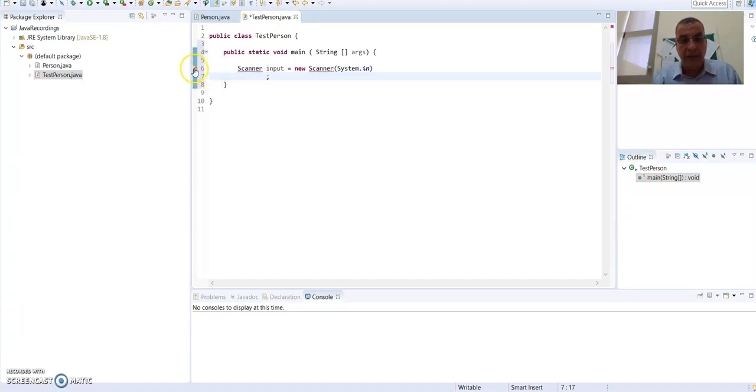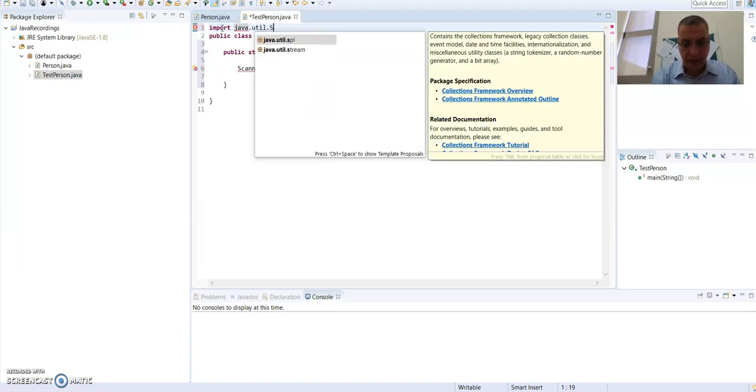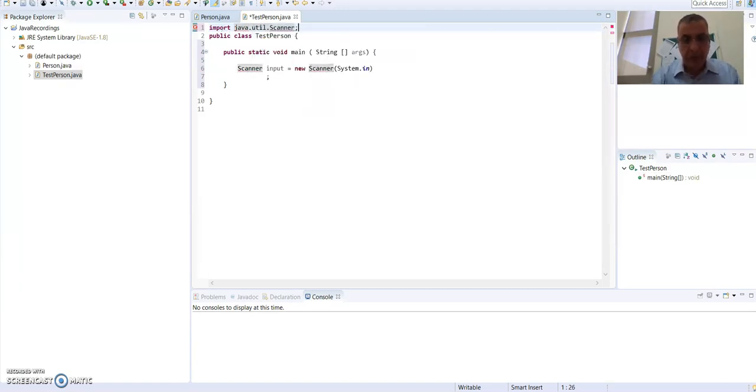Notice here that it's giving us an error. The error is because we need to import something: java.util.Scanner. You can type it here, you can type import java.util.Scanner. And you can see the error is gone. You can do it like that, or